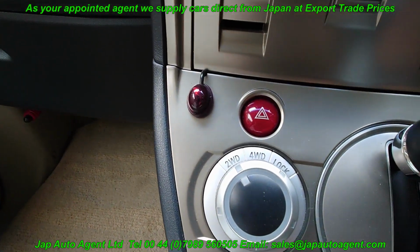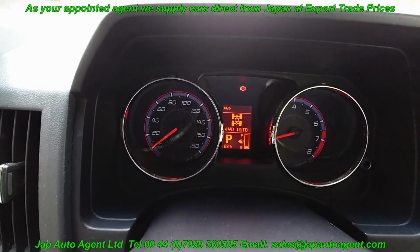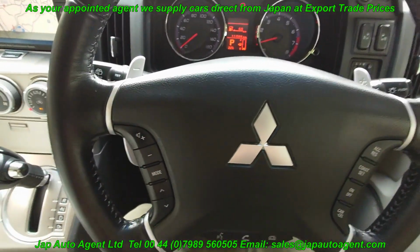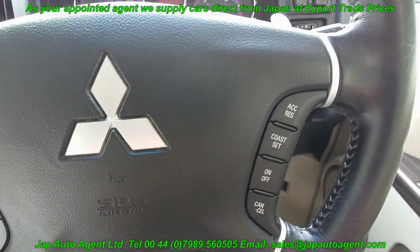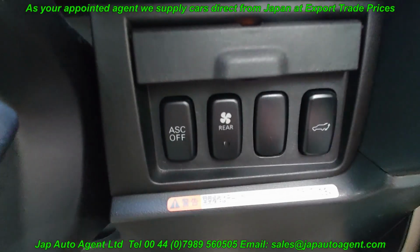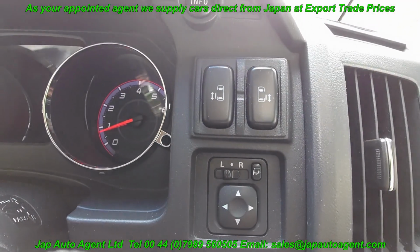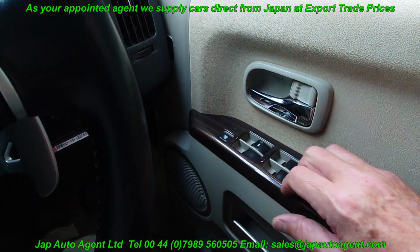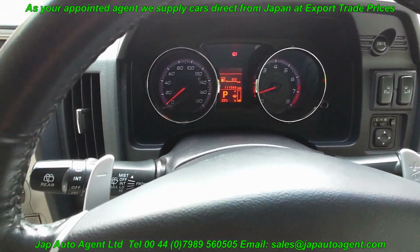And there's the controls for the diff lock, four-wheel drive. And there's your four-wheel drive. Back to two-wheel drive. And then you've got controls on your steering wheel for the audio, hands-free, and cruise control. Nice, clean leather steering wheel. And then you've got controls down here for the rear power gate and the AFC if you want to turn that off, and the power slide doors. And of course all the windows work. The driver mirrors window is automatic. It's got shift control if you like paddle shifts,